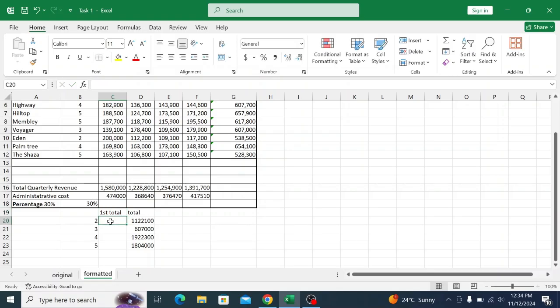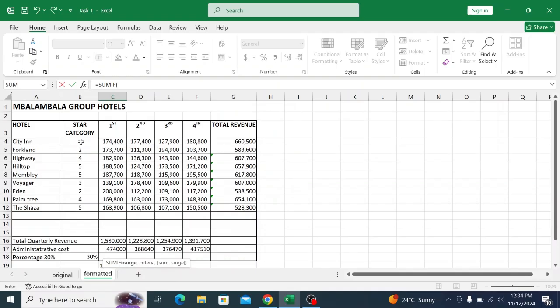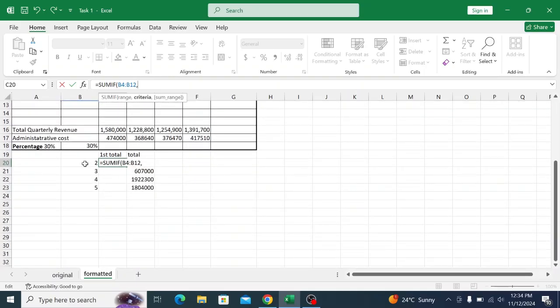Now this one again we use SUMIF. Then we put the range, from B4 to B12, then a comma, then criteria. Our criteria is in B20, comma,